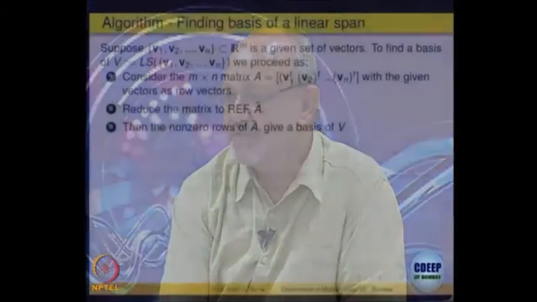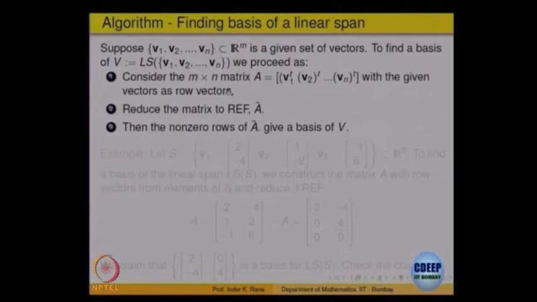Now, another possibility is that you are given a set of vectors, you are not interested in knowing which ones are linearly independent, but you just want to find a basis for the linear span of those vectors. Here, given the set of vectors, we were finding a basis among the given vectors, but sometimes you just want to find some basis. So, let us look at the algorithm for that. You are given vectors V1, V2, ..., Vn, you look at the linear span, and you want to find some basis of it.